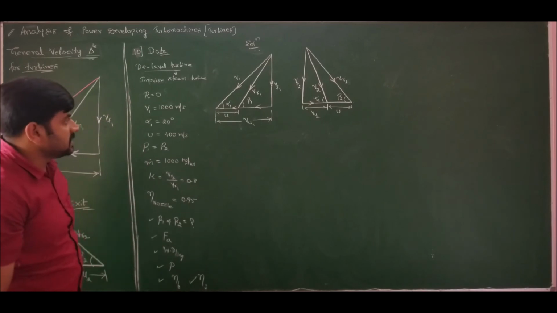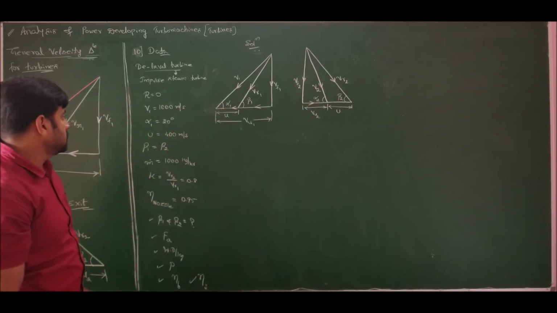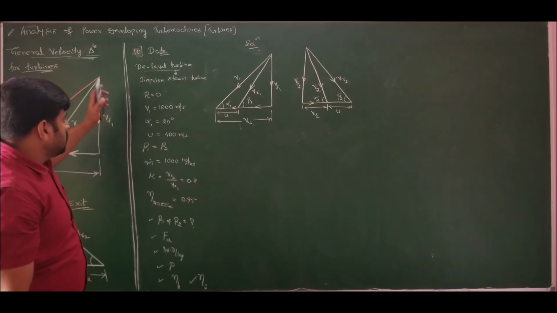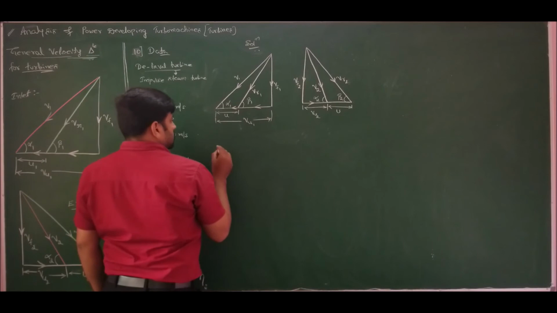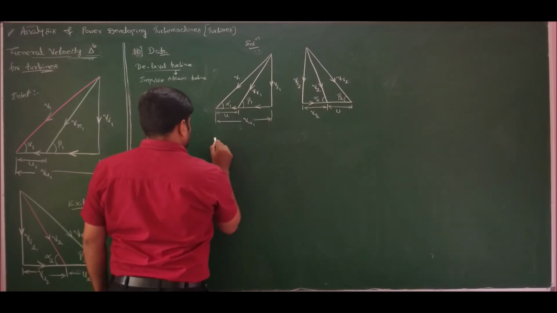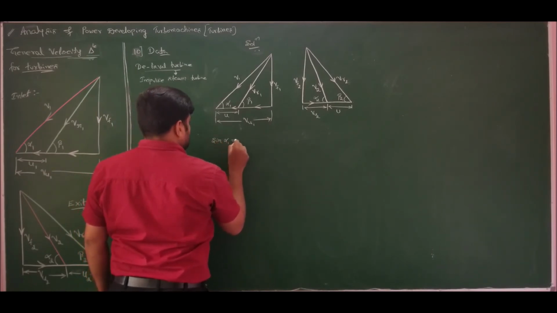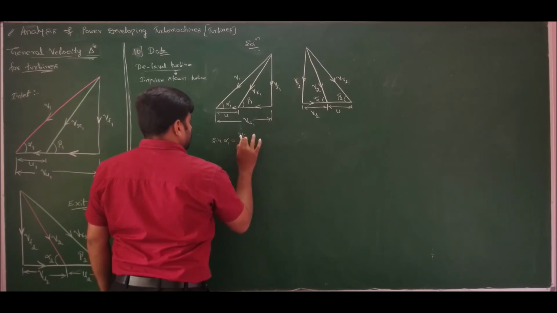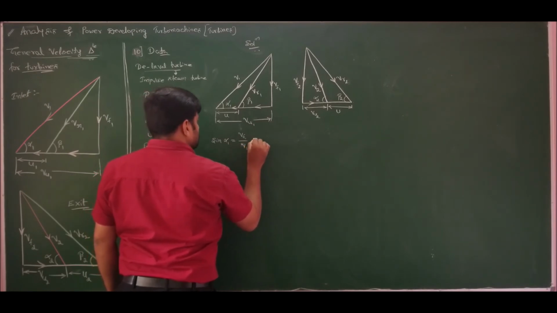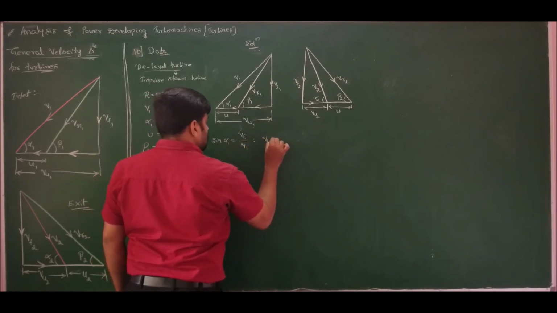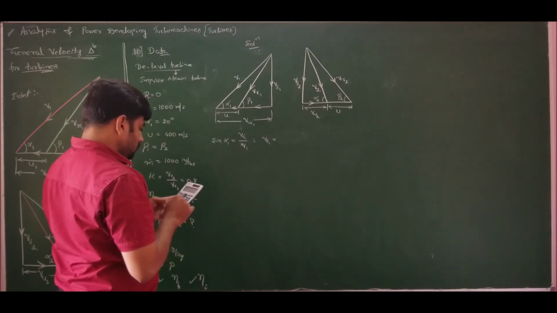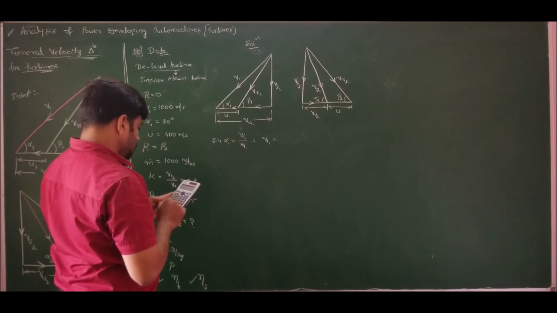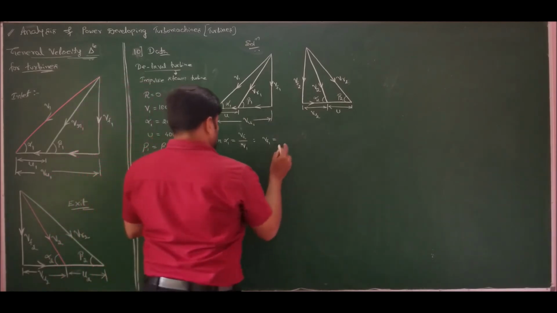Since no alterations are specified, let me retain the general velocity triangle as it is. Now we know V1 and alpha 1, use sin alpha and cos alpha to find VF1 and VU1 directly. So if I use sin alpha 1, I will get VF1 by V1. So VF1 will be V1 sin alpha 1, V1 is 1000 into sin of alpha 1, which is 20 degrees. The answer is